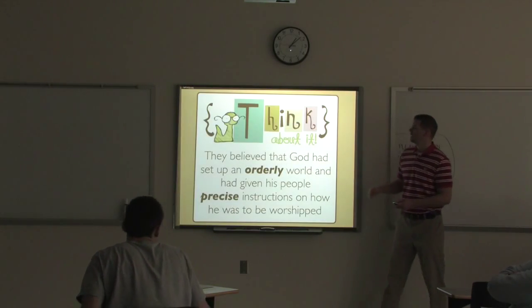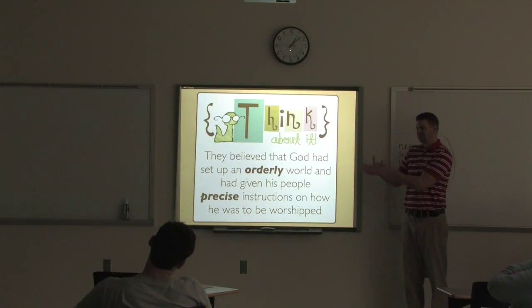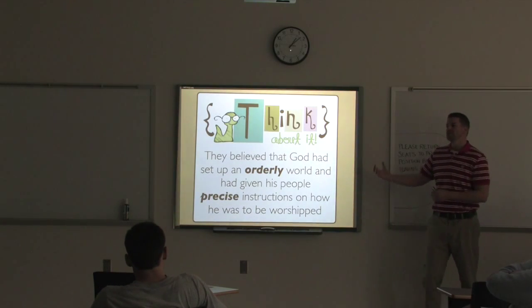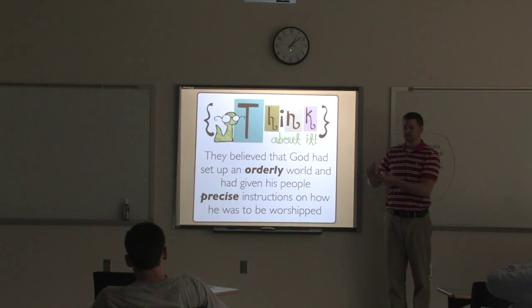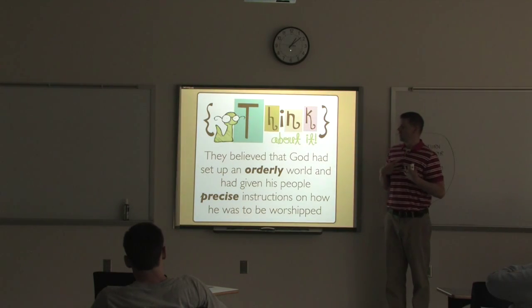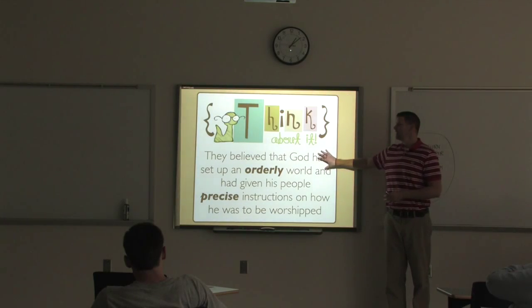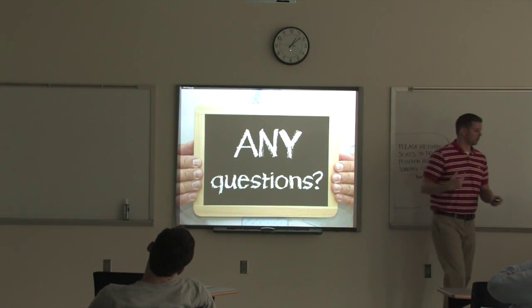This is very important because they thought God is orderly and everything is on a precise timetable and everything should work and fit. And this is one of the reasons why they felt that all the other groups, the Sadducees, the Pharisees, were doing it incorrectly and therefore were displeasing to God. God is the only one that loves us because we are the only ones who are listening and obeying Him like He has commanded. So that was a very fast run through of their beliefs.